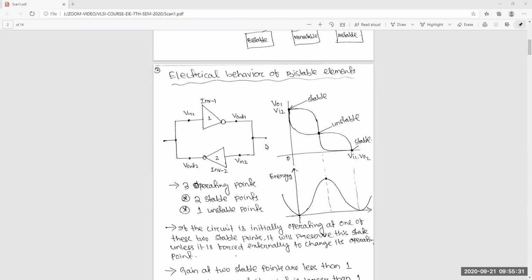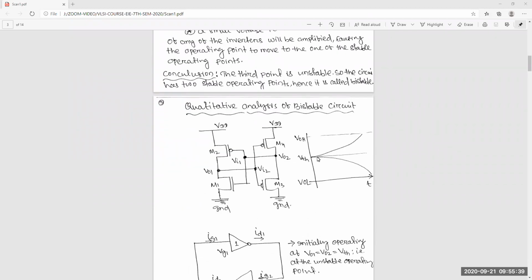And also we have discussed how it is charging, that means how the voltage at this point develops exponentially. If you connect back-to-back inverters, this is nothing but a simple 1-bit memory unit.